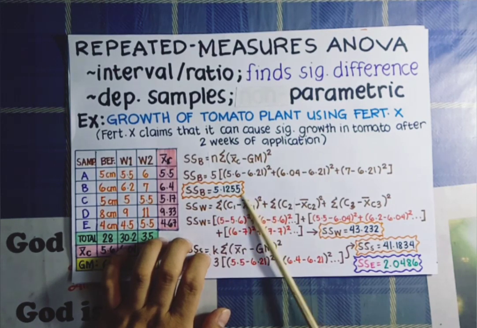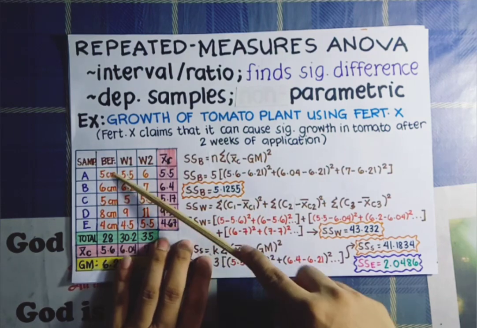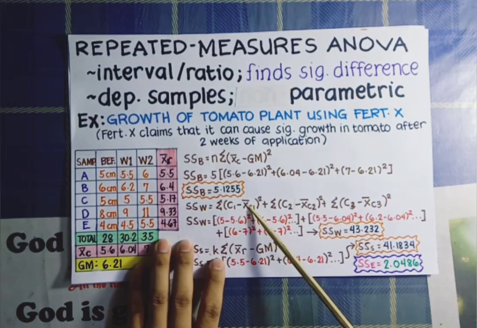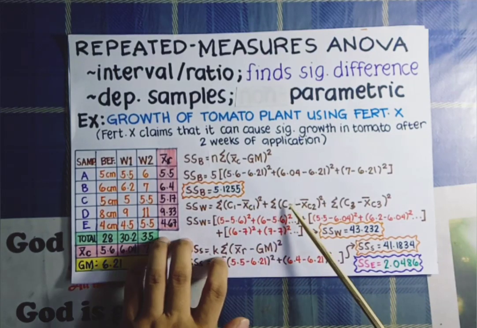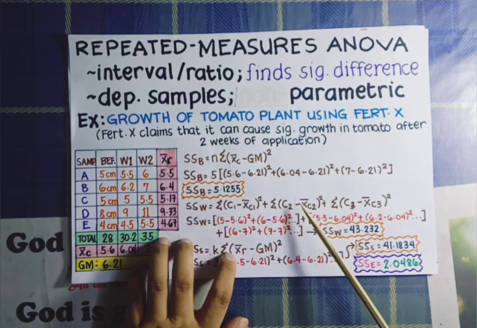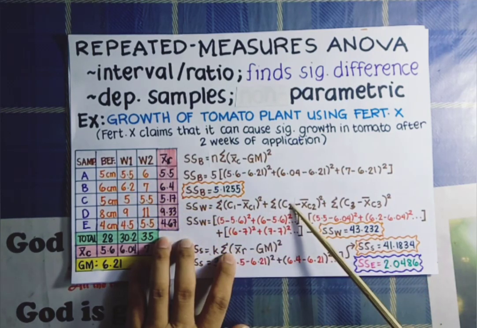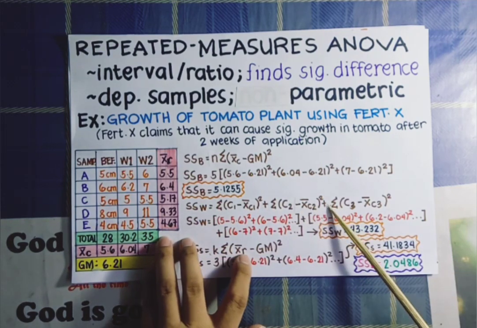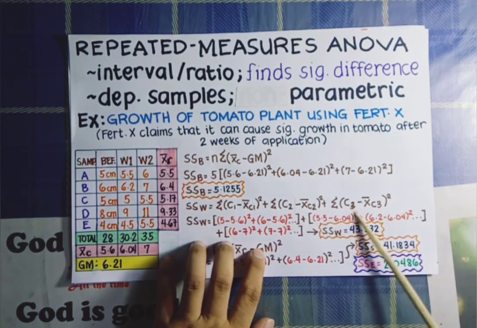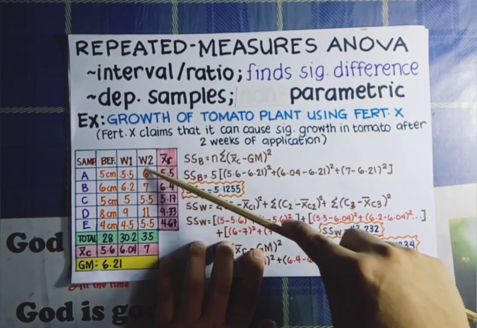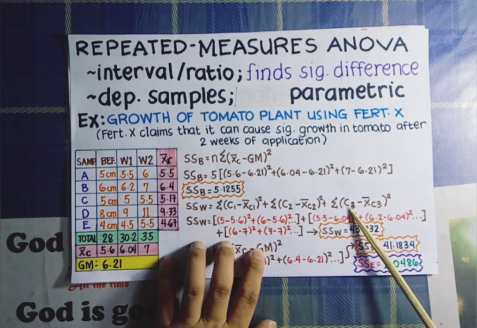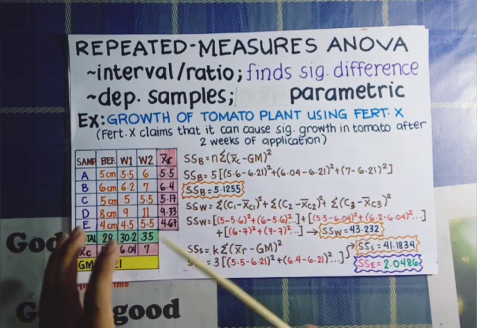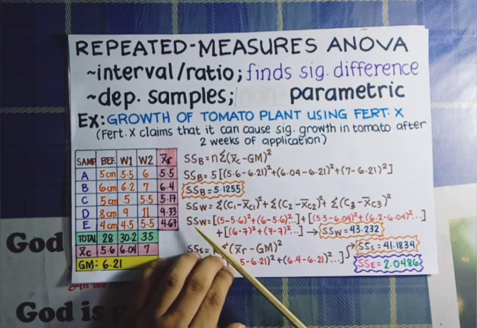Now, for the SSW, or the sum of squares within the group, our formula is SSW is equal to the summation of the squared differences of the individual data in column number 1 and the mean for column number 1, plus the summation of the squared differences of the individual data in column number 2 and the mean for column number 2, plus the summation of the squared differences of the individual data in column number 3, that's C3, and the mean for column number 3. Okay, and by plugging in all the data that we had earlier, then we will have here SSW is equal